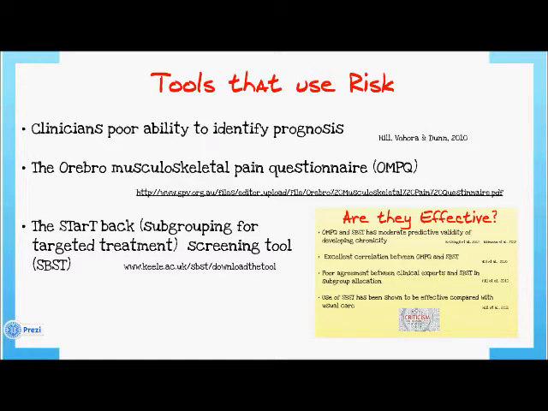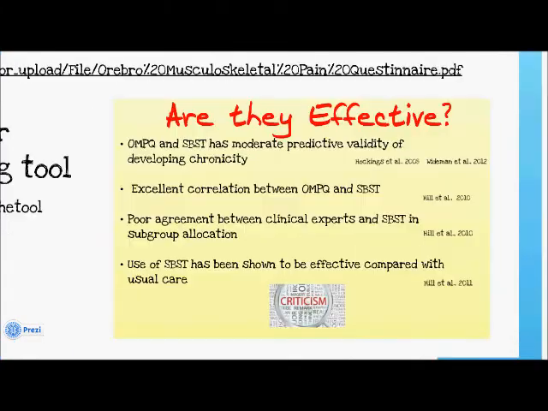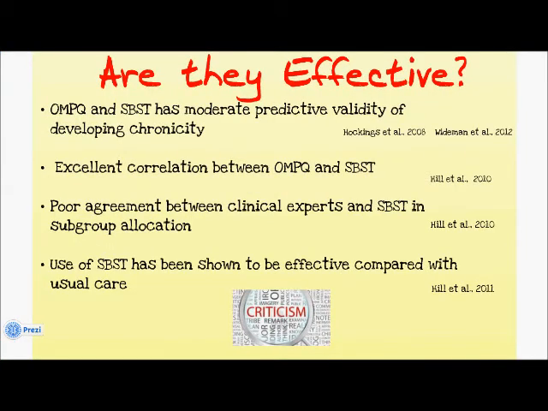Two tools using the risk of poor prognosis to subgroup have gained prominence: the Örebro Musculoskeletal Pain Questionnaire, the OMPQ, and more recently the Start-Back Screening tool. Both are self-rating tools that ask questions predominantly within psychosocial domains and are used to predict the risk of long-term disability. Are they effective? Before we look at their effectiveness, let's look at their validity, an important characteristic of health